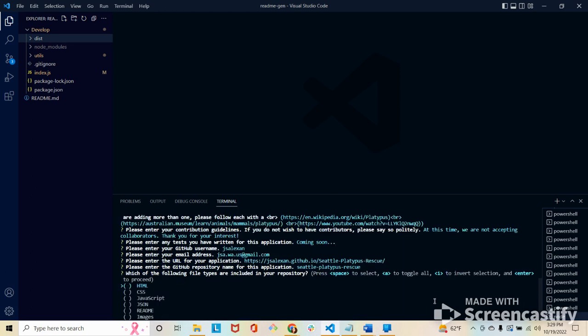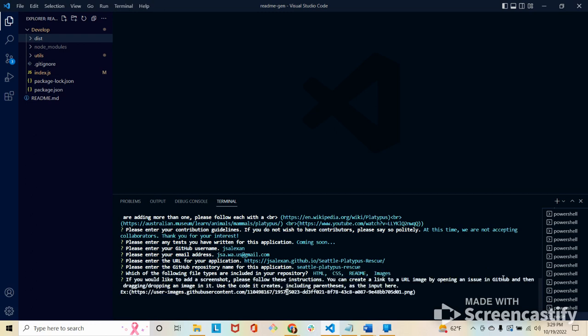Okay, which of the following file types are included in your repository? Well, we saw it already, but we have HTML, CSS. The JSON was really there for this app, not the Platypus website. Let's go down to the README and images. Now for this, I'm just scrolling up and down using the arrow buttons and then spacebar to select and then